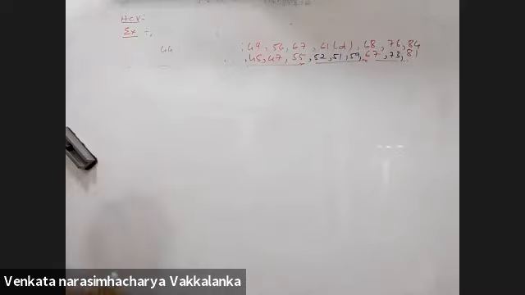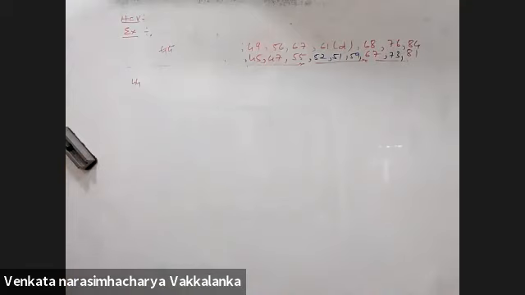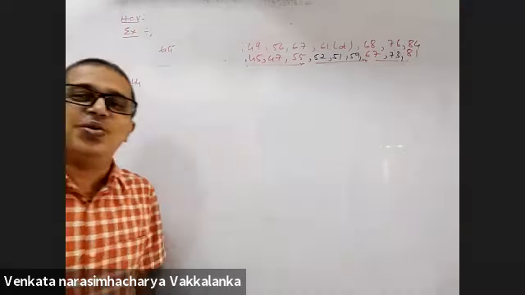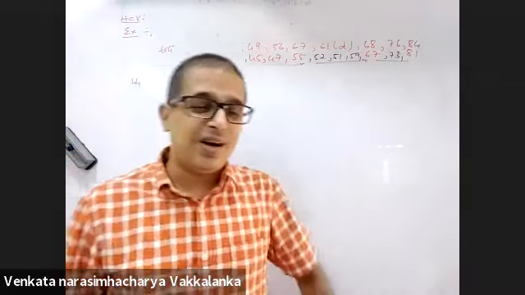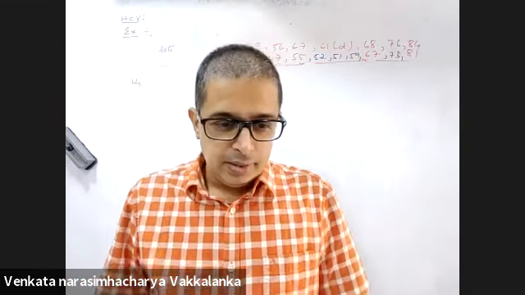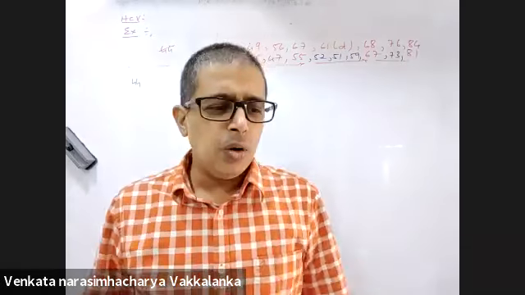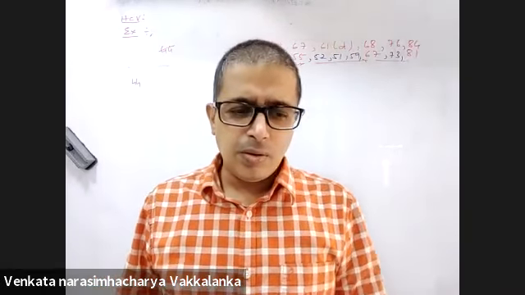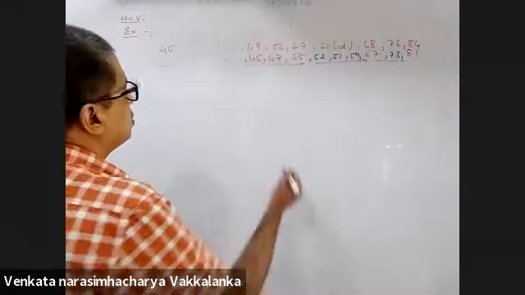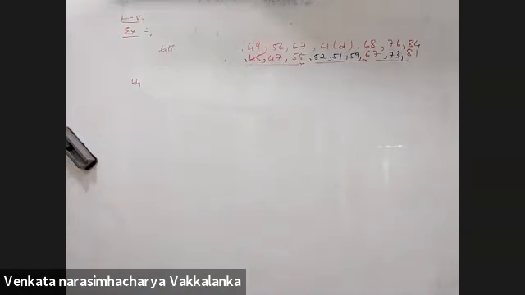What is the next number you see? 44, 45. 44. Who asked, sir, it's done in class. The classroom. Whoever asked 44, make them stand with hands up, we will hang them upside down with legs up for half an hour. Do you have class notes? Open them. Sir, someone said 44 was cleared earlier. So 45. Sir, 45 only part. Which one? Part E and D. E and D.